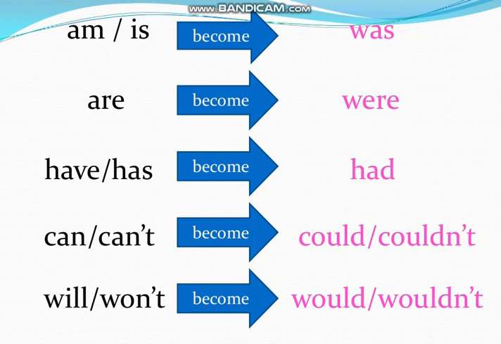Also here we are having an example of a few commonly used helping verbs, and how they are changed according to the tense. So as you can see, is and am would be changed into was, are would become were, has and have would become had, can and can't would become could or couldn't, will and won't would become would or wouldn't. So these were the rules for all different tenses, that is, how the tenses change according to the rules